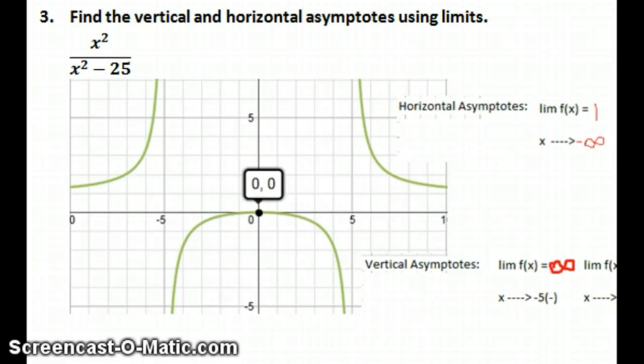That's it. Alright, so for number 3, we're finding the vertical and horizontal asymptote using limits, and the screen's a little squished here, so we'll have to make do, but we have x squared over x squared minus 25, and this is a graph you'll get when you plug that in. Again, you're probably going to need a calculator or a graphing tool for this. And for the horizontal asymptotes, you can see over here,